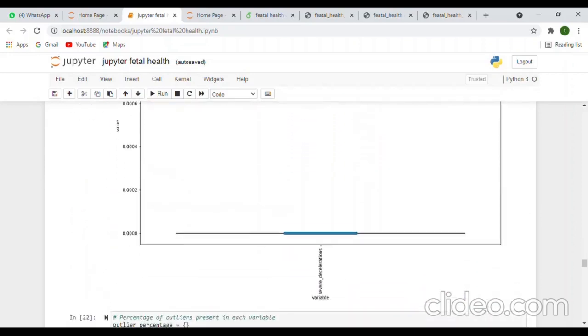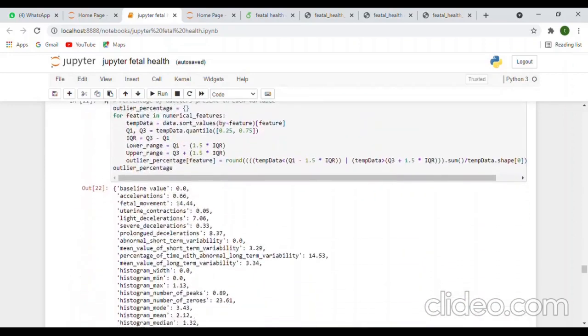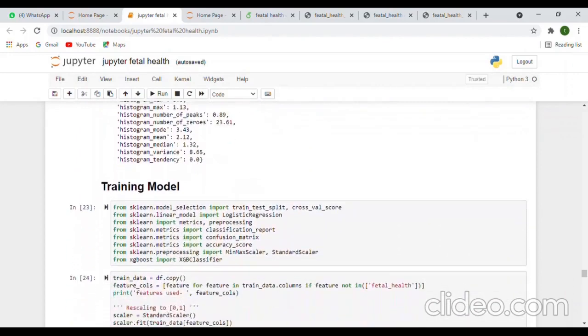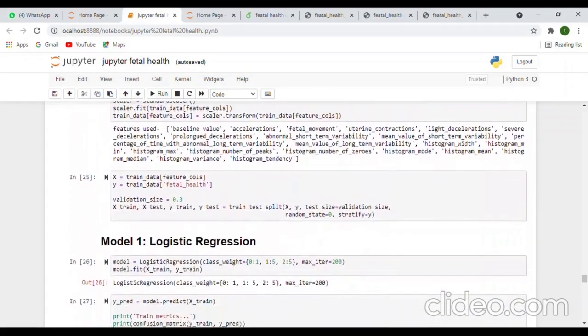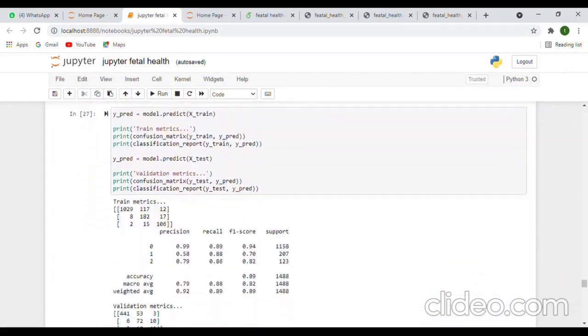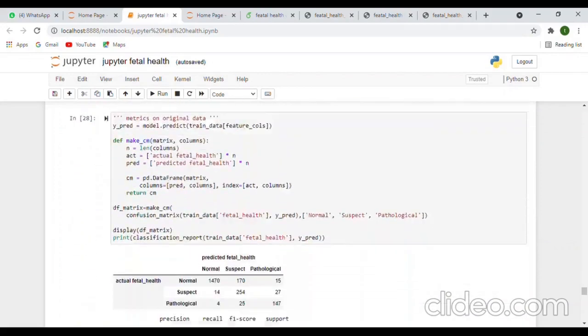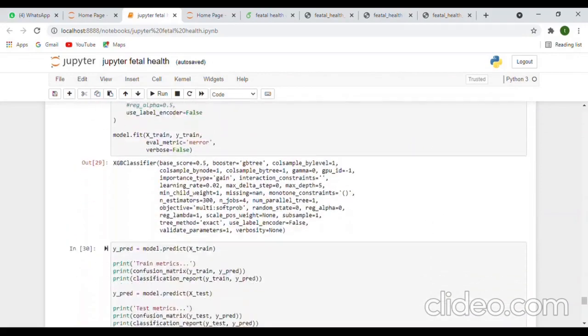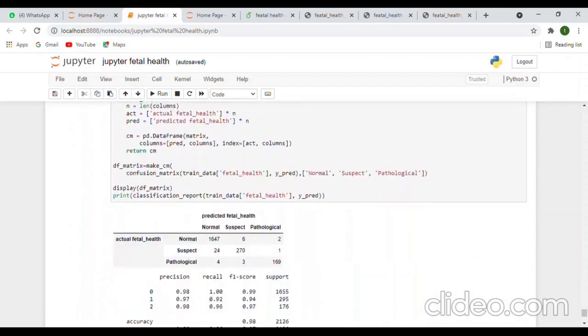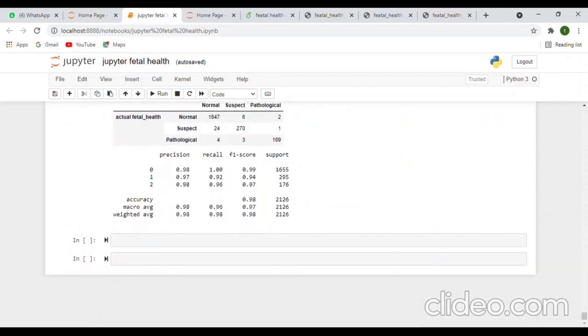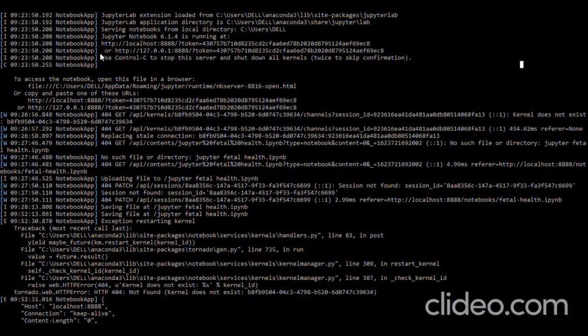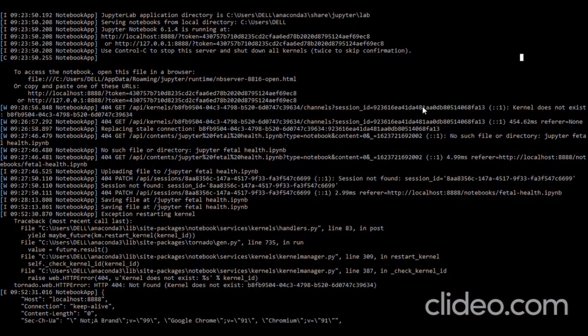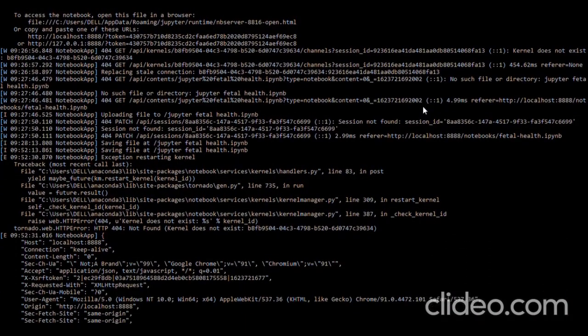Now let's move to the training model that we have achieved. Training the model with the data, and logistic regression is what is required to know the basic movements of the baby. Now let's move to the code that we use to get the output. Now you can see the code that we have used as an input to gain the output of the movements of the baby in the mother's womb.